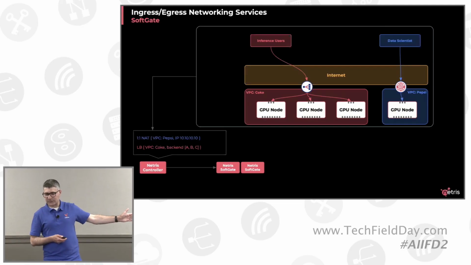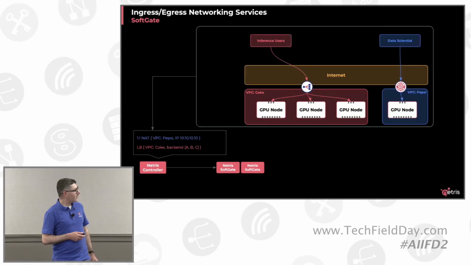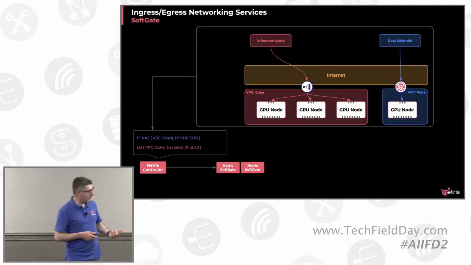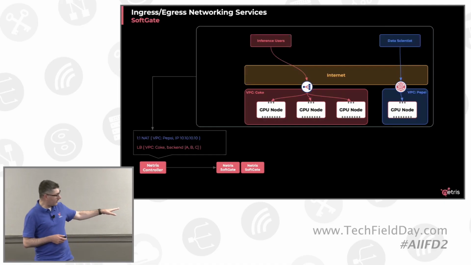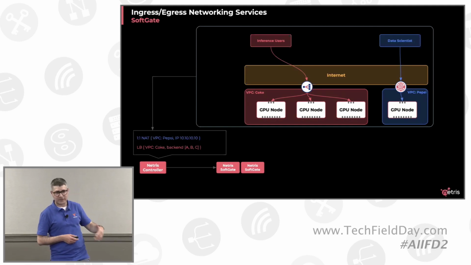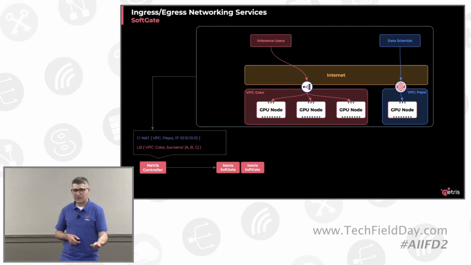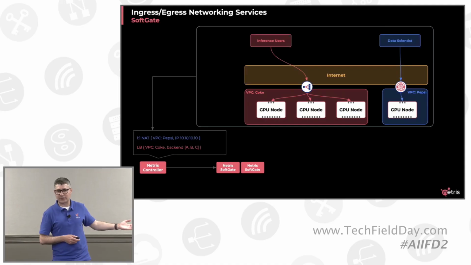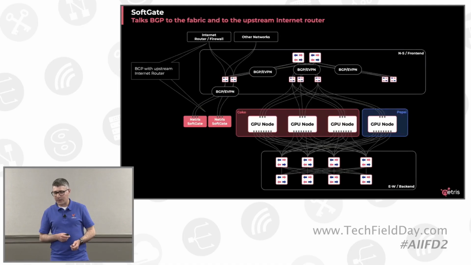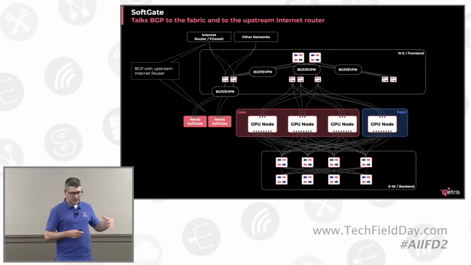We have this alternative option we call SoftGate. Through SoftGate, we are able to provide this same simple abstraction where you can say, hey, Netris, let's create a NAT rule. Or, hey, Netris, let's create an elastic load balancer. And how it works is following. See, in a modern switch fabric, switches talk to each other through EVPN, BGP, and that way they run VXLAN tunnels, and that makes the switch fabrics very flexible and scalable.